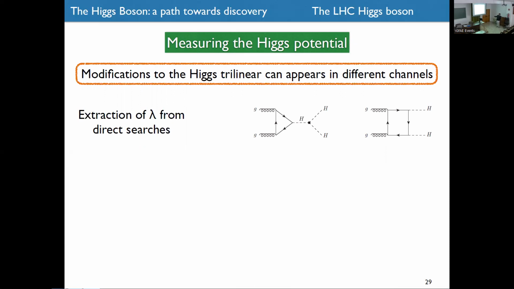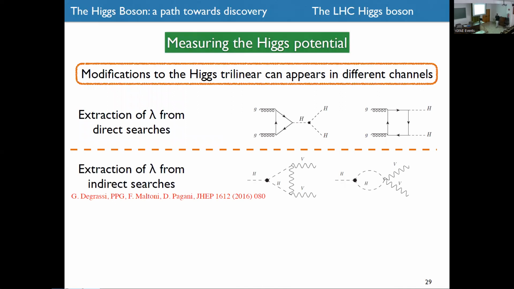So this is a very difficult object to observe. Now there is another possible channel, and these are channels that involve a single Higgs. So for example, a single Higgs that decays into vector bosons, the trilinear enters in loop correction. So you have to go to a loop correction. While these are much better measured than these here, you have to deal with the added problem of dealing with loops.